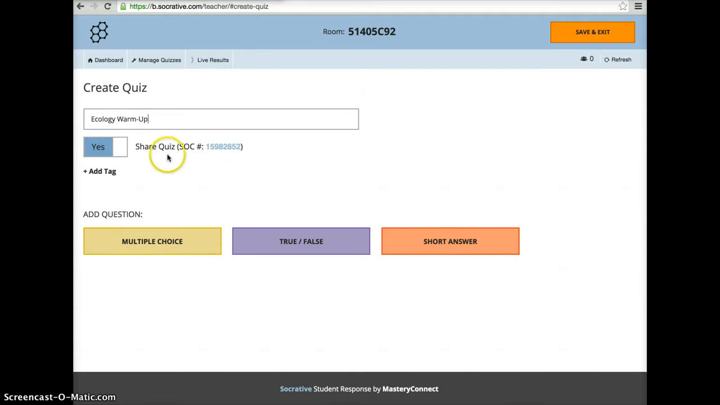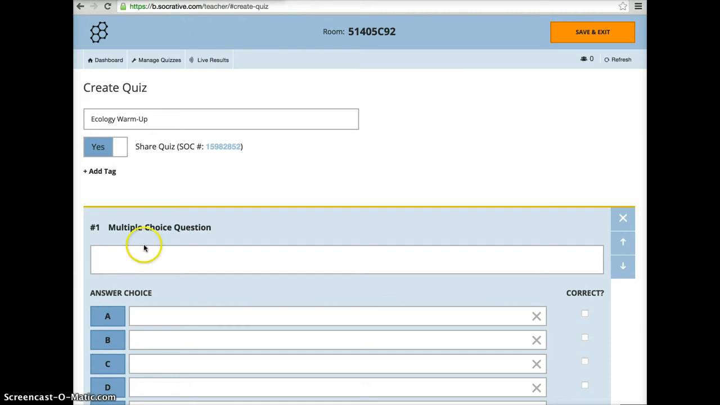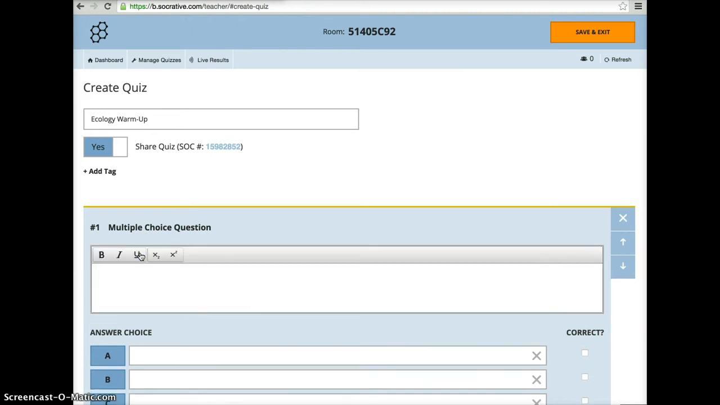And right here is where you would share to import a quiz with a peer. So maybe within your PLC, one person is in charge of making the quiz and is going to share to the others. You would need that code right here, the Socrative code number. If you're importing, you just type in that number and instantly the quiz will populate inside your set of quizzes in your account. But I'm going to add a multiple choice question,